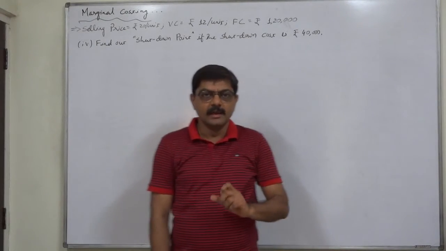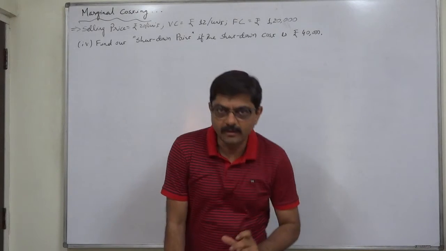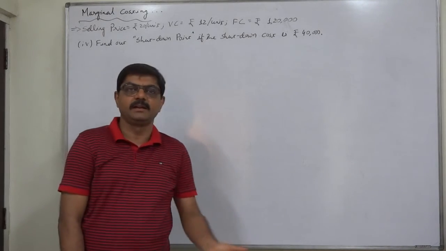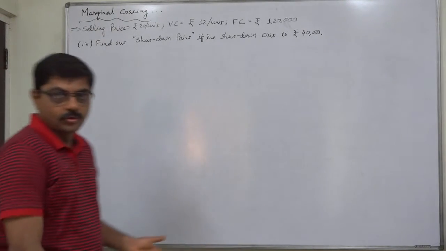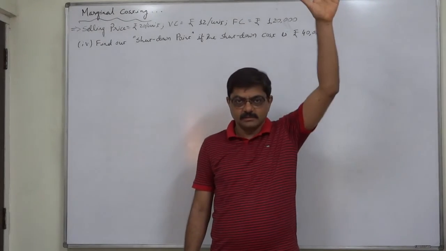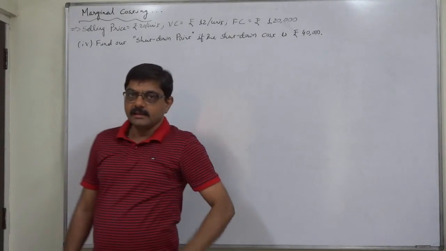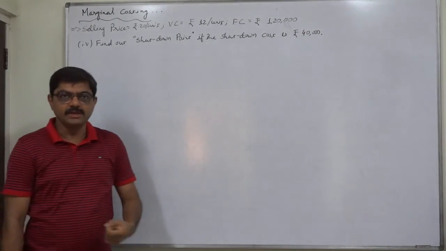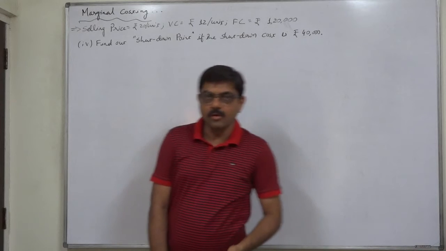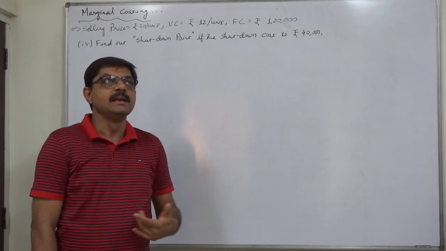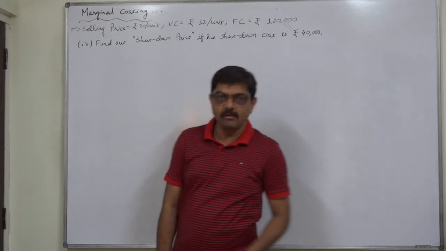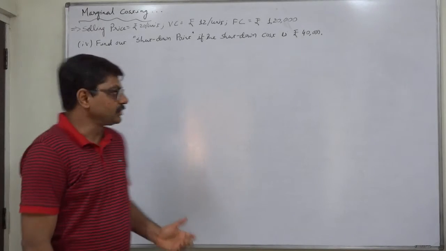Shutdown point means the level of sales at which the firm can think about suspending or shutting down the factory for a short term, say 1 year or so. Because whenever there is a period of continuous depression, the sales go down periodically, then at what level of sales the company should consider that now we can shut down, or the shutdown of the unit for a short term can be in benefit of the company or can save from the larger losses.